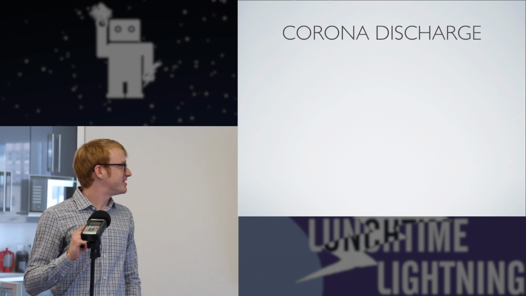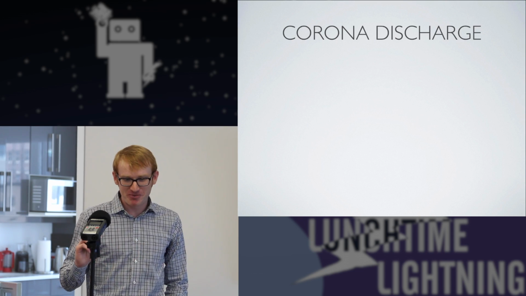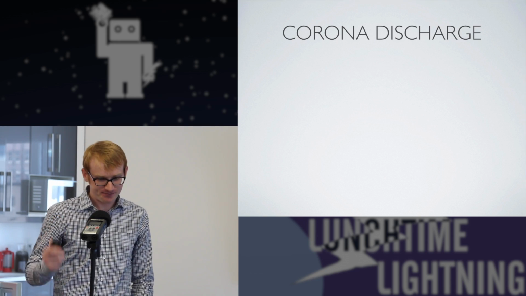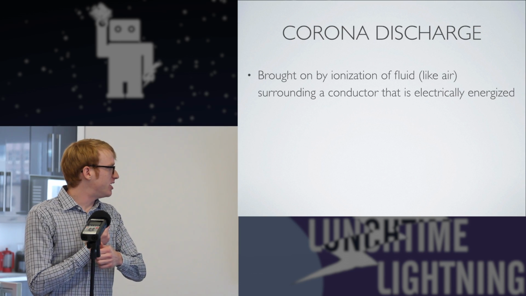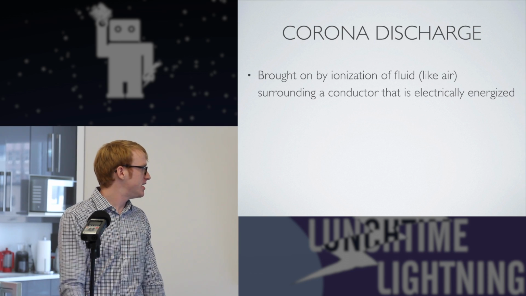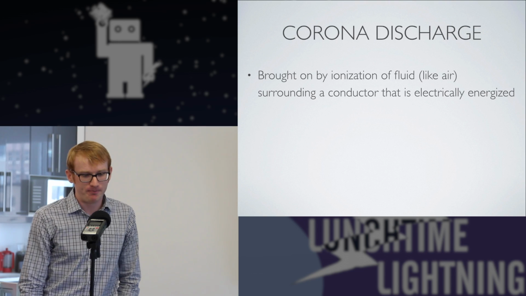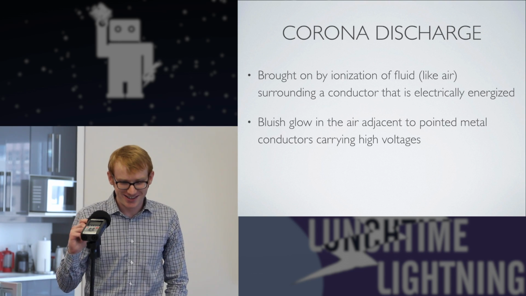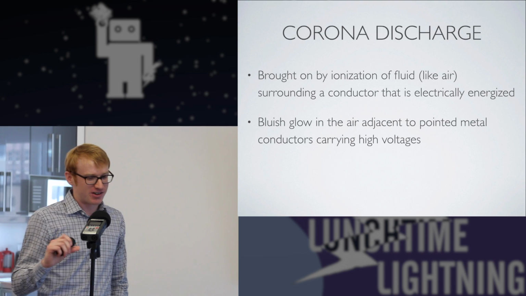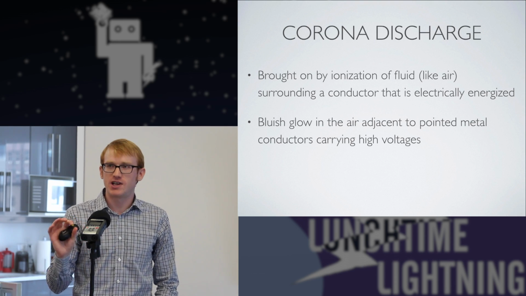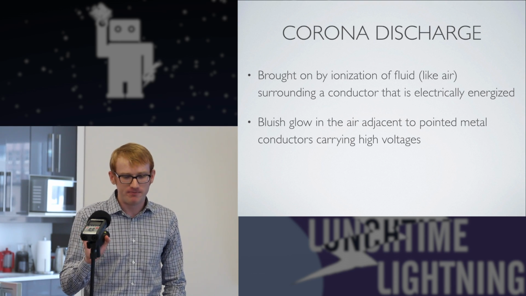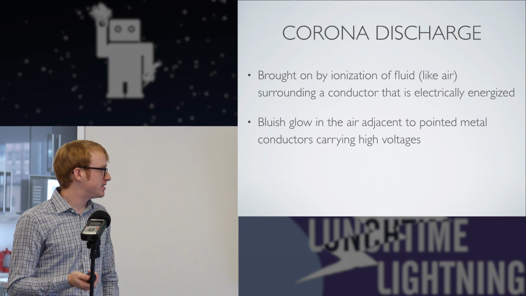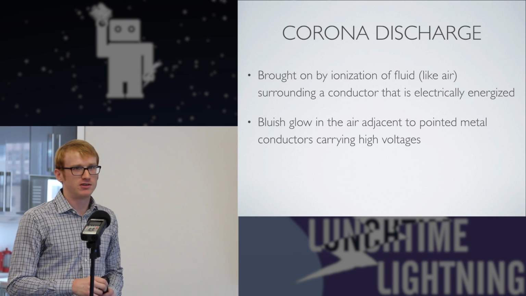Thanks, guys. So let's talk about other electrical phenomena like corona discharge. Corona discharge is brought on by ionization of a fluid like air surrounding a conductor that is electrically energized. I just read that exactly. If you observe it, it looks kind of like a bluish glow, which is pretty cool. And it's usually adjacent to pointed metal conductors because